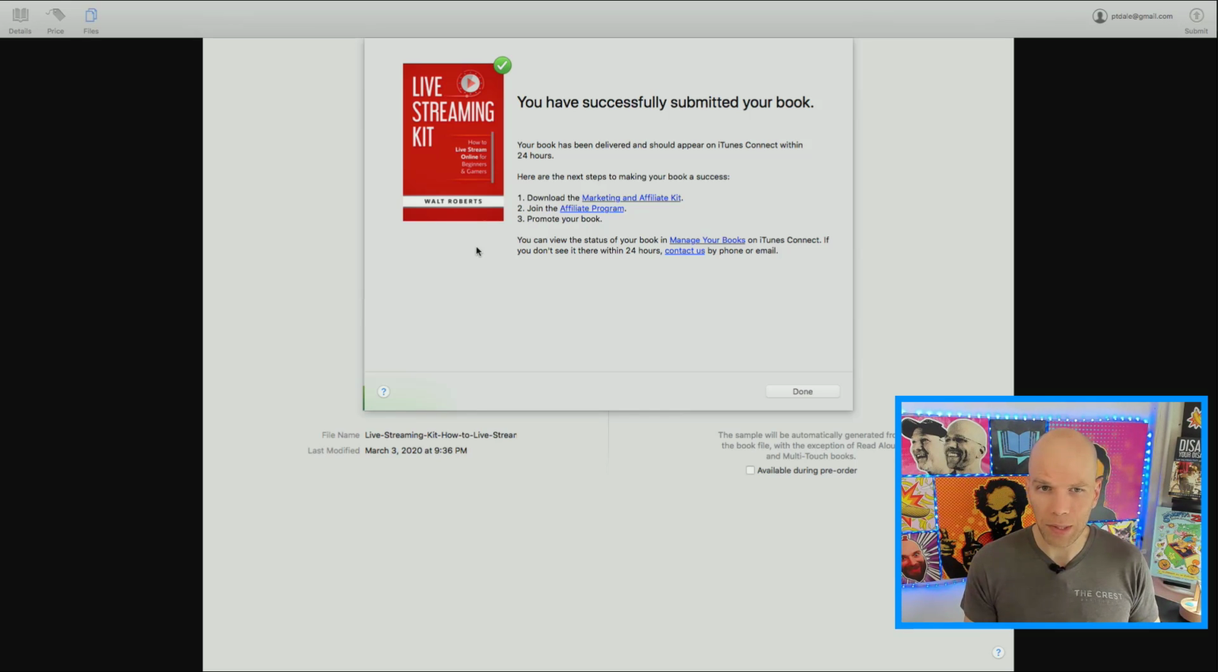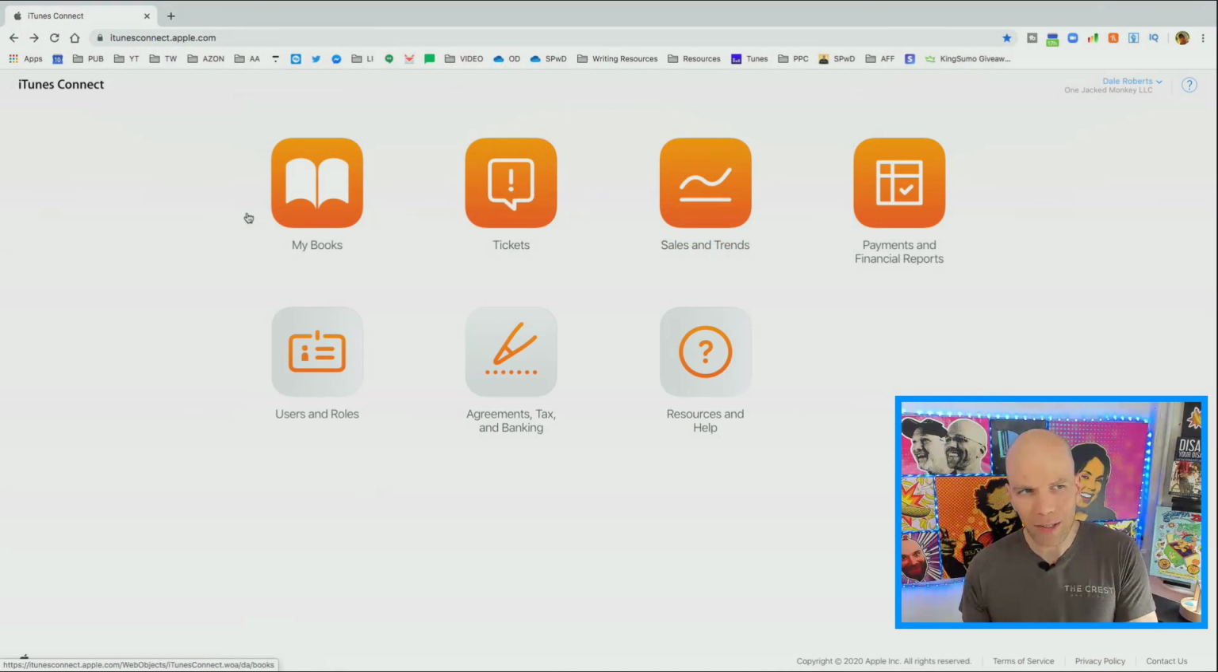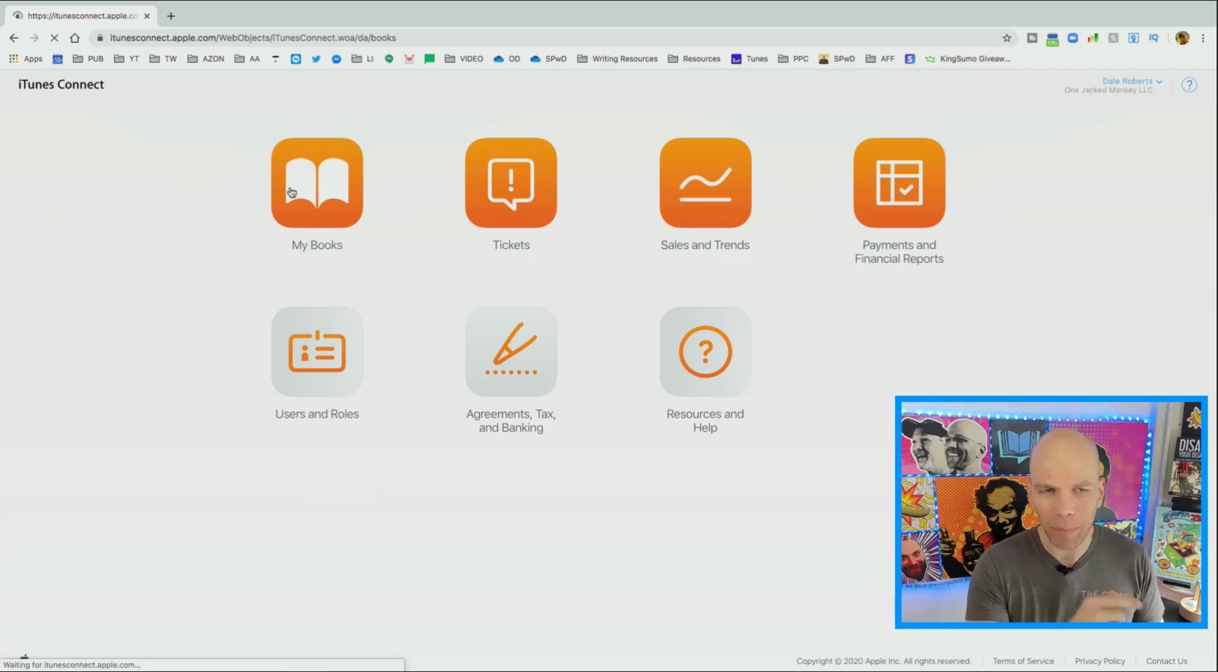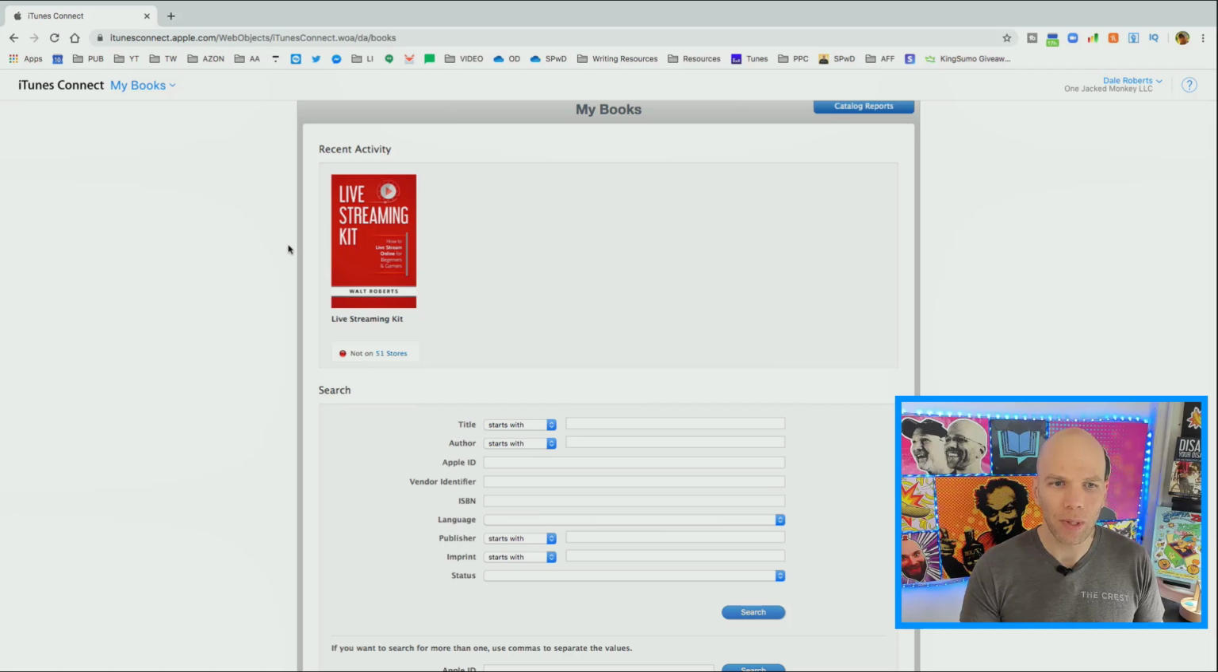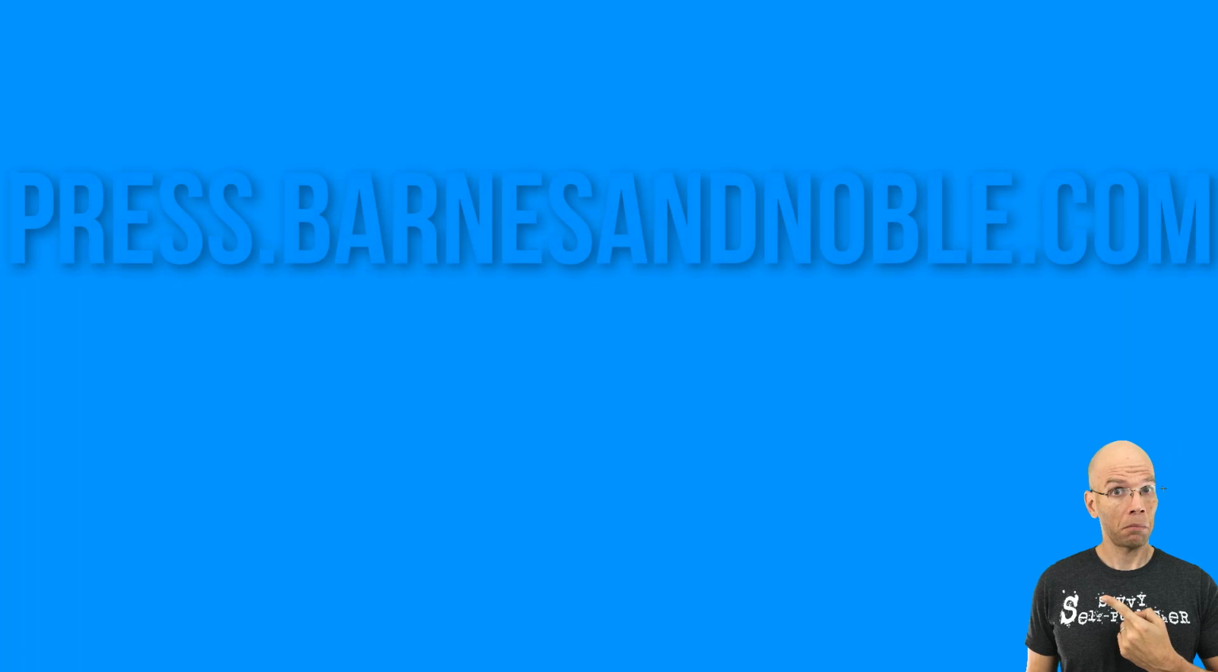And now we're going over here to this platform. So if I were to go back into my itunesconnect.apple.com account, what I'll do is click on my books, and you will notice automatically here it is already queued up and ready to go. Okay, next place we need to go to is